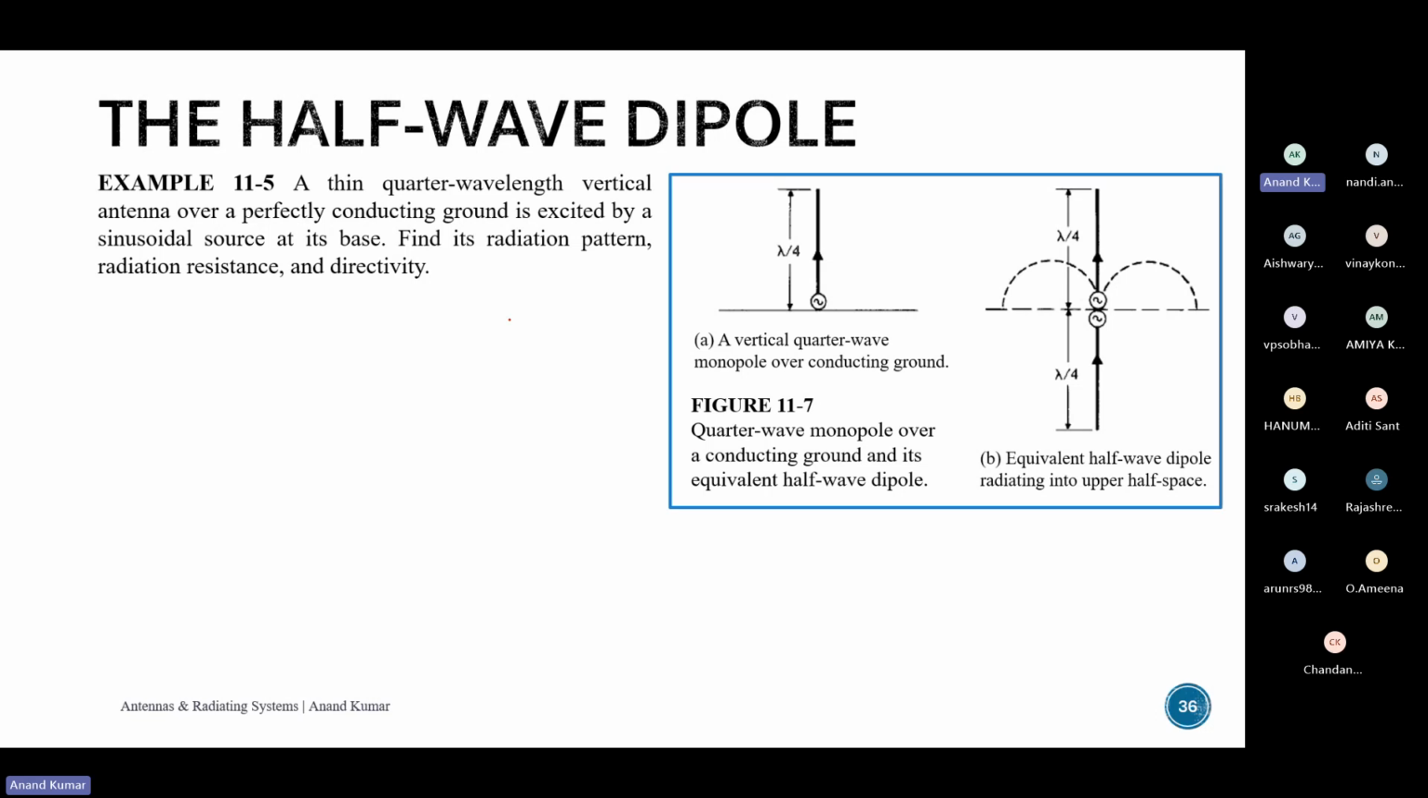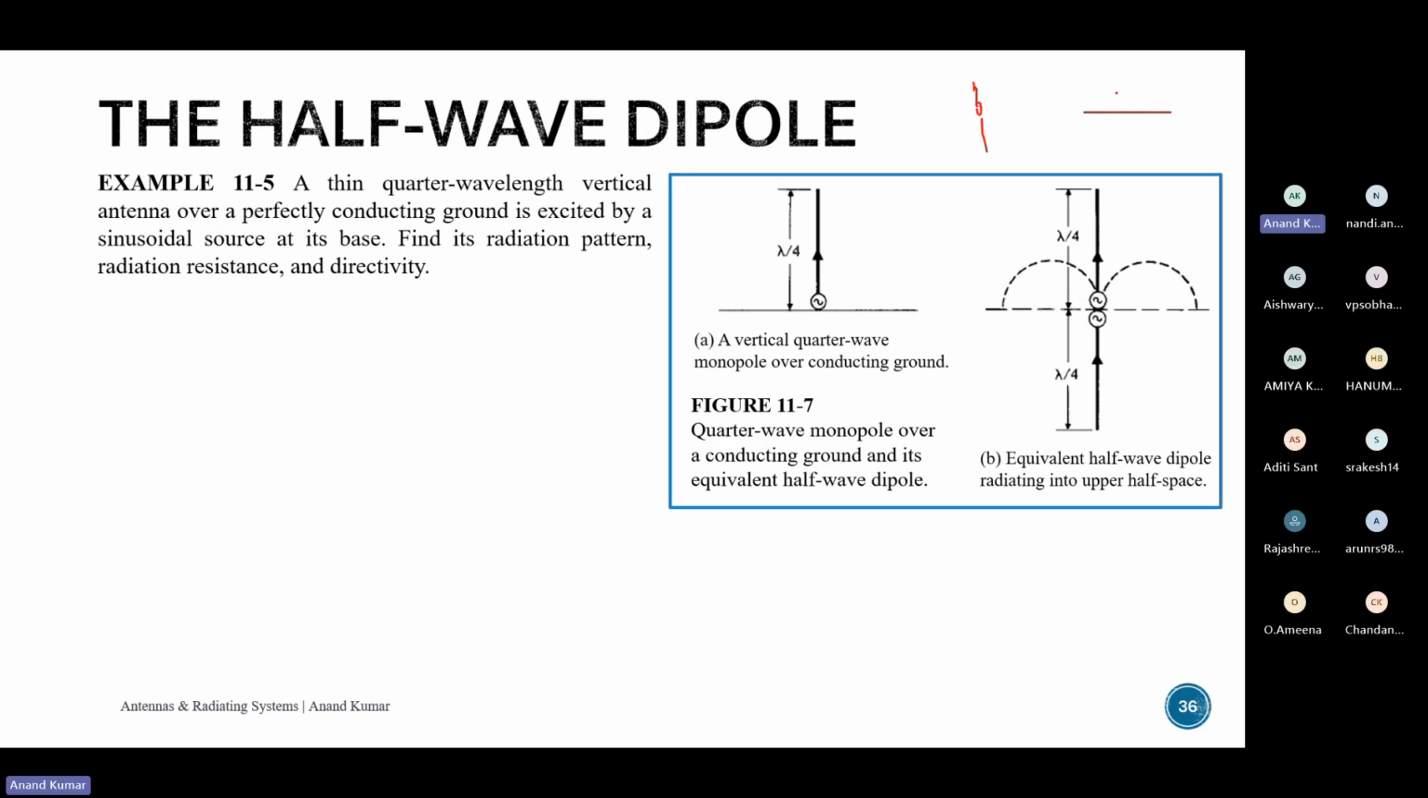We'll quickly look at an example on the quarter length dipole, or rather a quarter wave monopole over a conducting ground. So up till now we were looking at a half wave dipole, which had a feed over here, and then there is the other arm. So there could also be cases where we use a